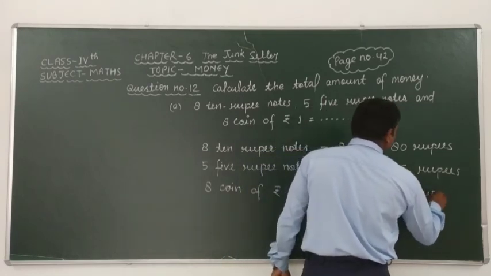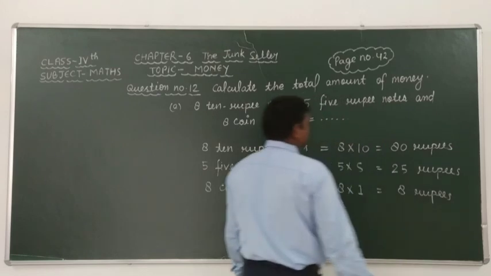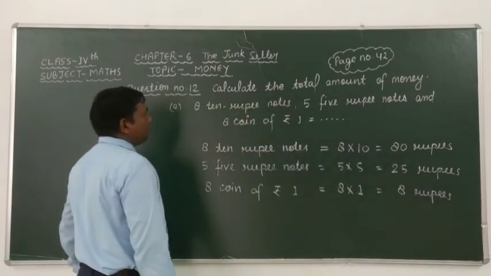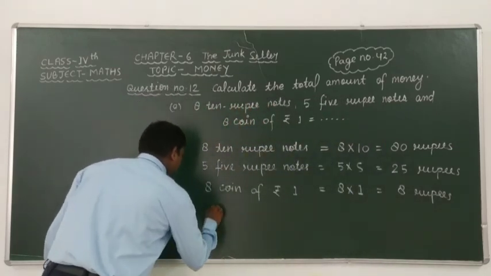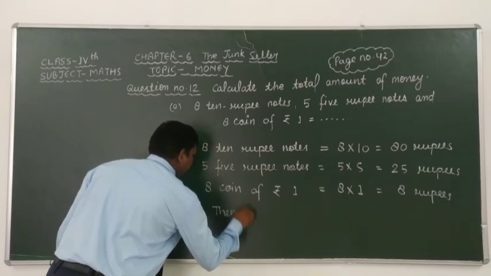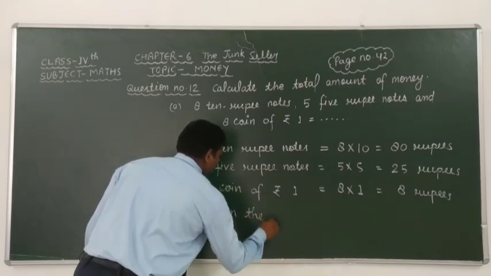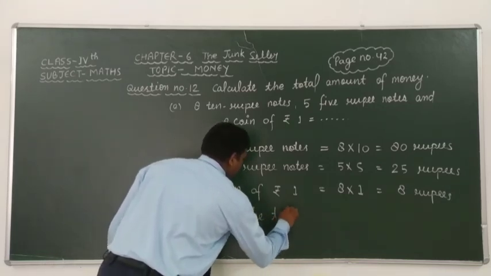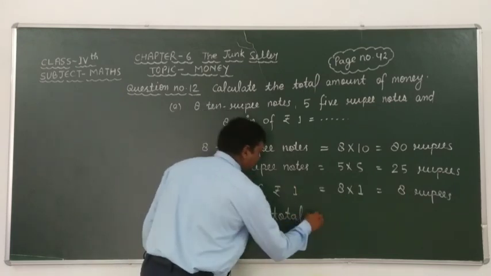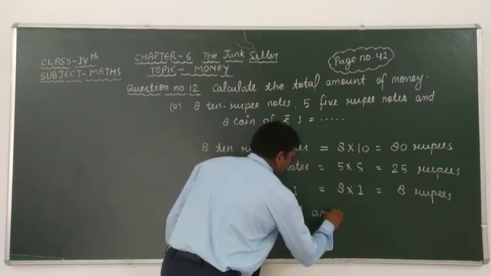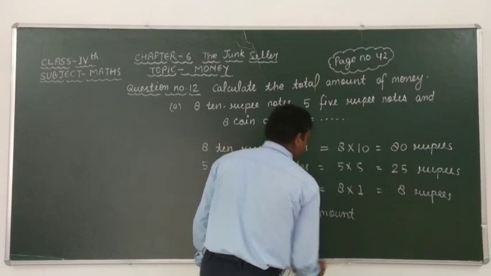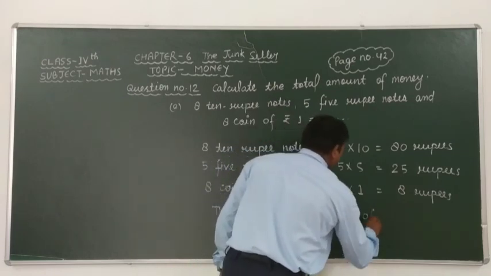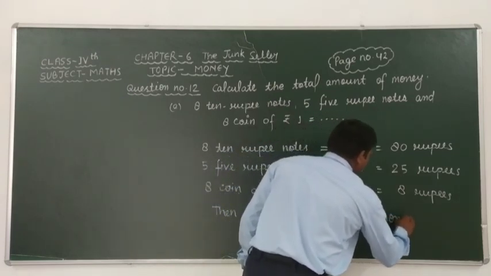Okay, 8 rupees. Then the total amount of money is equal to,